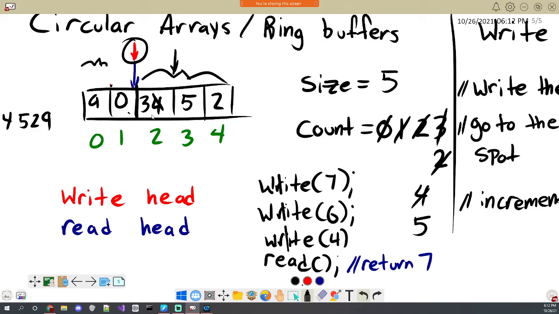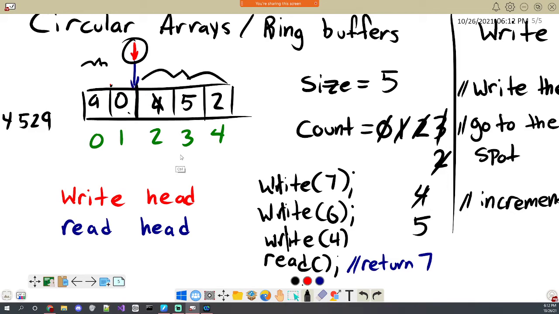However, that's an issue because it's overwriting the contents of our array that is still important. The number 4 hasn't been read by the read head yet, therefore it's still probably important. We shouldn't overwrite it. And also because of that, I should put the arrow back, the write head has now lapped the read head. And now, as far as we're concerned, especially if we don't have a count, the list could be just one item, because now this is a scenario where the things between the read and the write head are just the number 3.